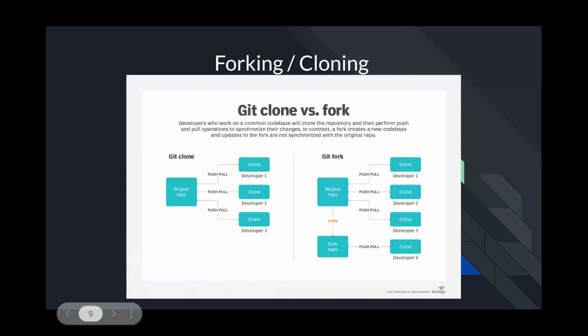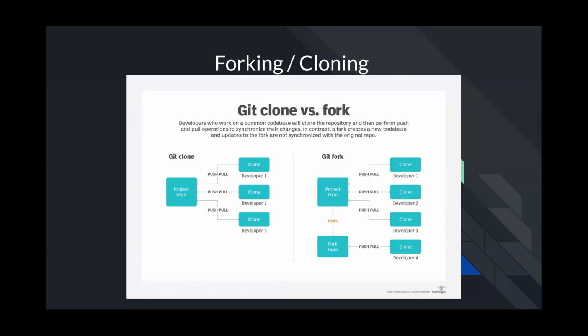One of the first things he talked about there was cloning. And cloning can be the first step in a Git repository for you as a contributor. And one of the hard things about Git is that a lot of the answers to what you should be doing and how you should be doing it is, it depends.